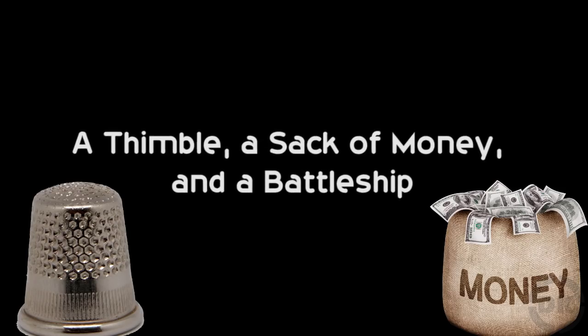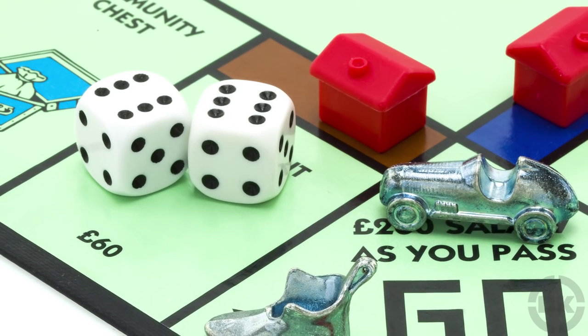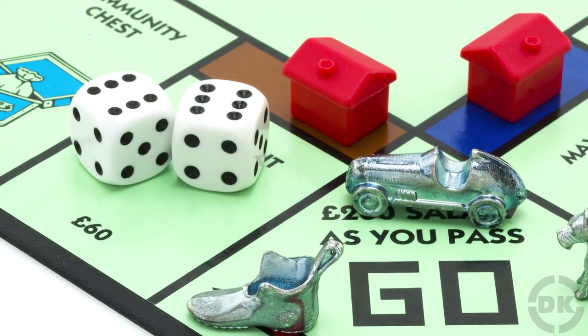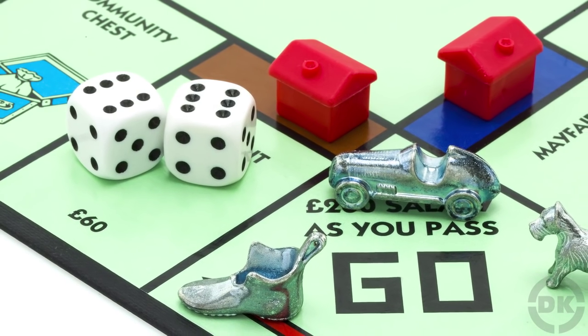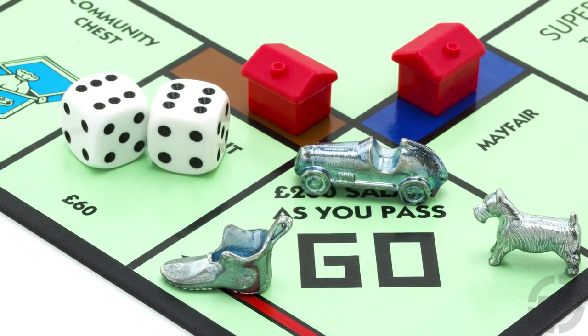A thimble, a stack of money, and a battleship. What do a thimble, a stack of money, and a battleship have in common? Not much, other than that they are among the playing tokens you receive in a standard Monopoly set. And don't forget the wheelbarrow, which you'll need to carry all that cash you're going to appropriate from your hapless